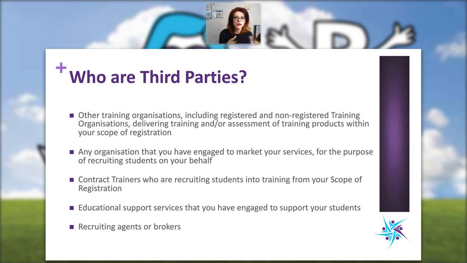So you can either give that to a marketing company and say this is what you need to do to comply, or you get your CEO to check to make sure that the marketing actually complies with the legislation.